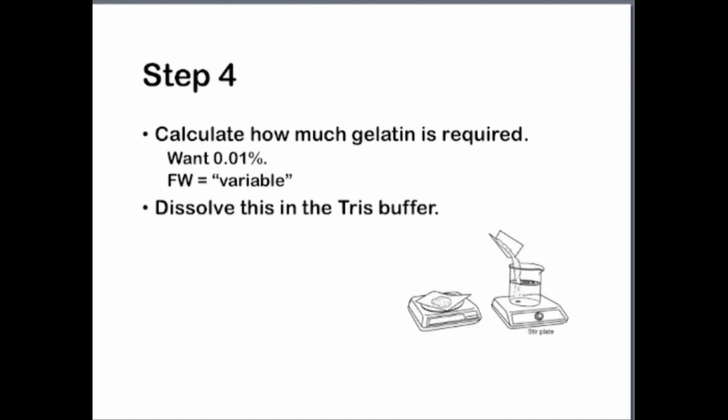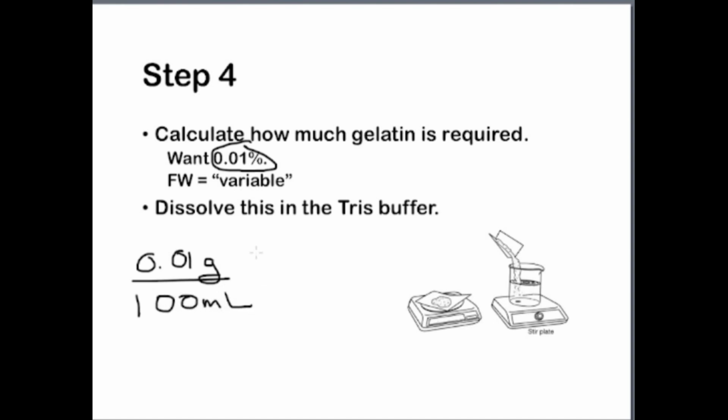Now what? Okay, now we want gelatin. And we might think, okay, we need to find the formula weight, which by the way is variable, it depends on the gelatin you have. But it doesn't matter because look, the gelatin is expressed in terms of percent. Remember from previous videos that when you have a percent solution, you don't need to know the formula weight. What you need to remember is that 0.01% means, by definition, 0.1 grams per